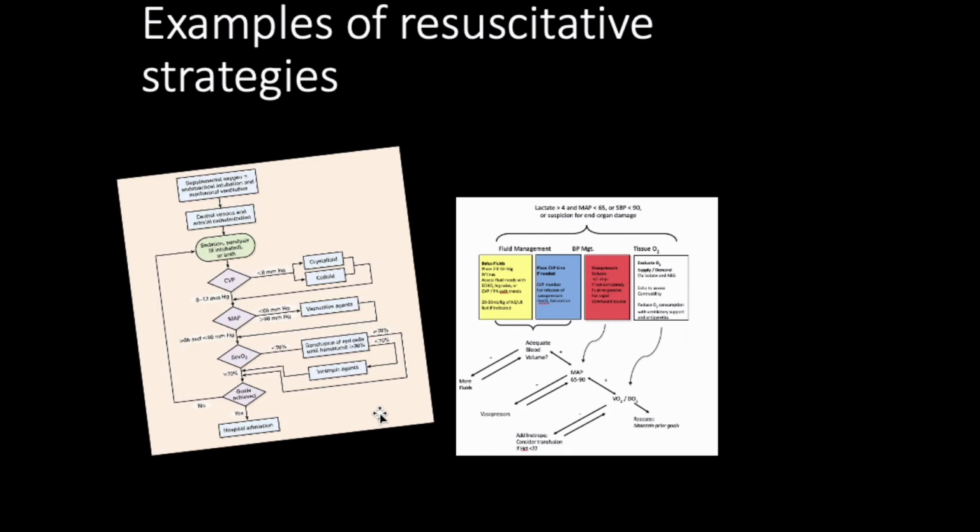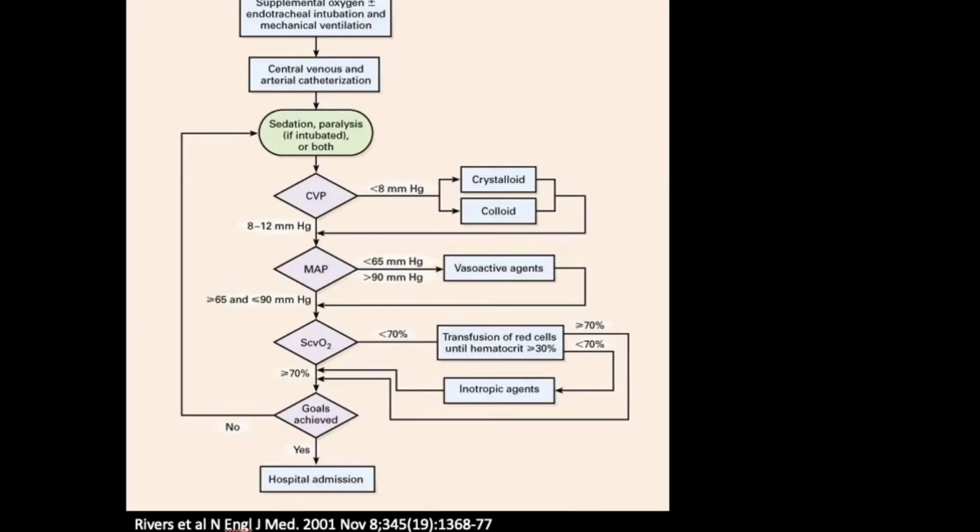So inotropes and fluids and vasoconstrictors are all part of resuscitative strategies. And when you read about these, especially in the experimental realm, people present nice flow diagrams of what they've done. And so it's good to understand a little bit about the logic behind these. And we'll talk a little bit about that right now. So this is a very successful strategy that was employed around 2001 by Rivers and colleagues for patients who had severe